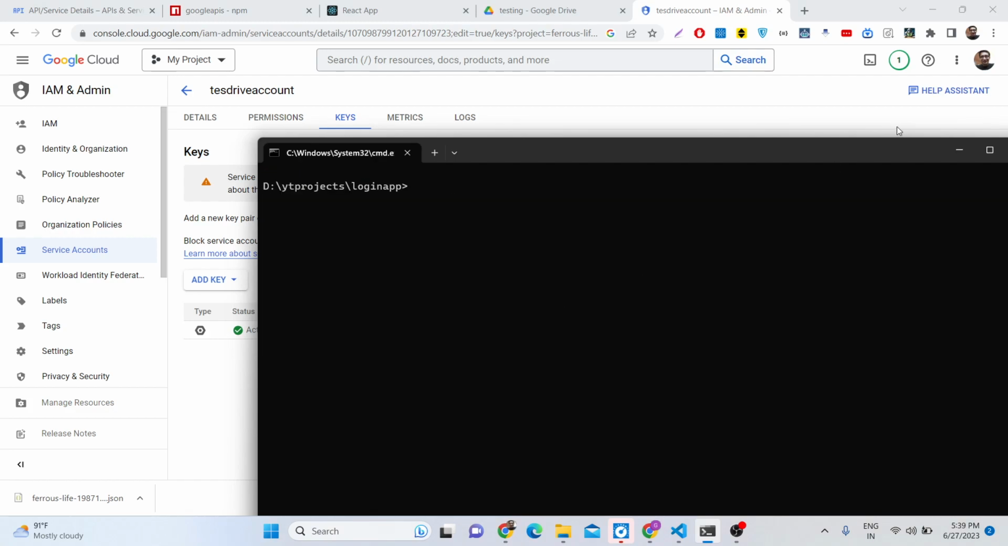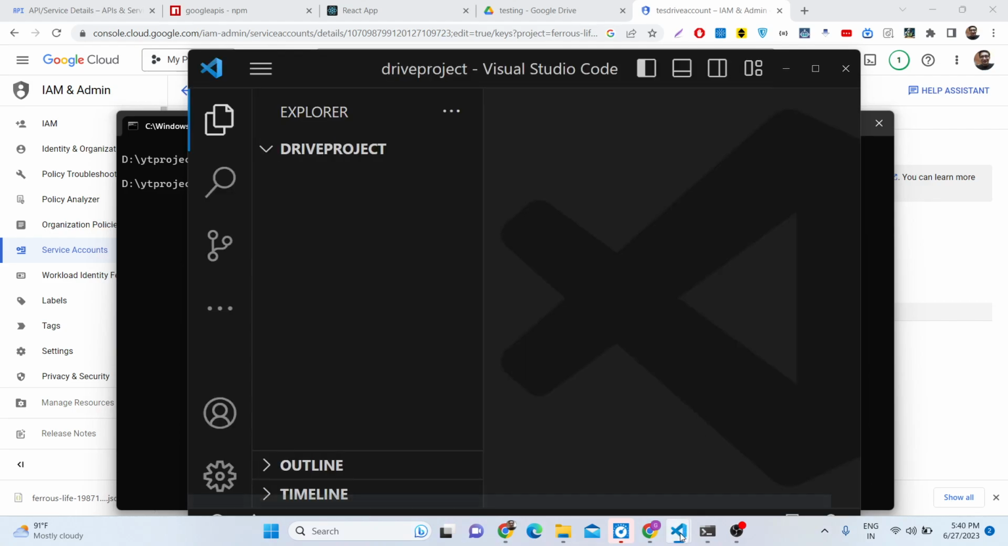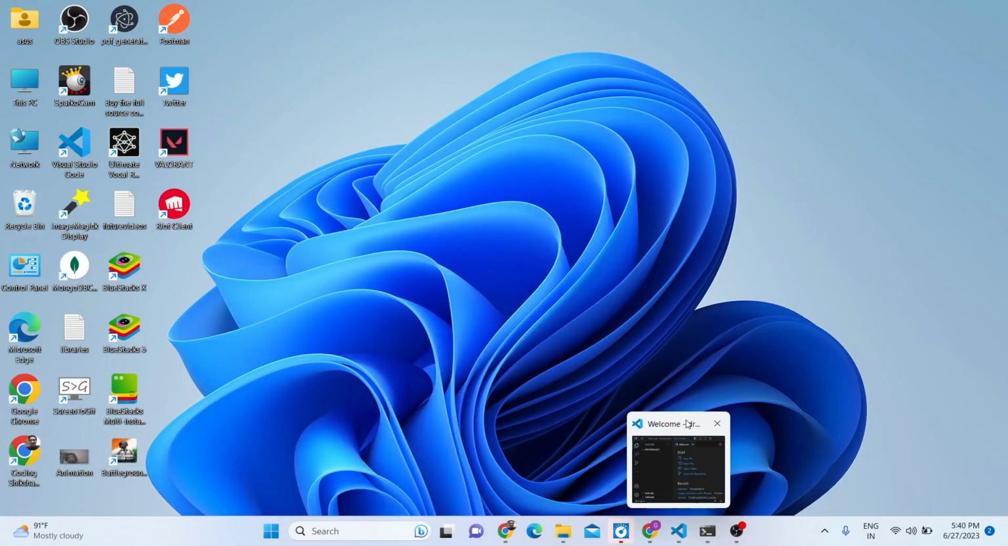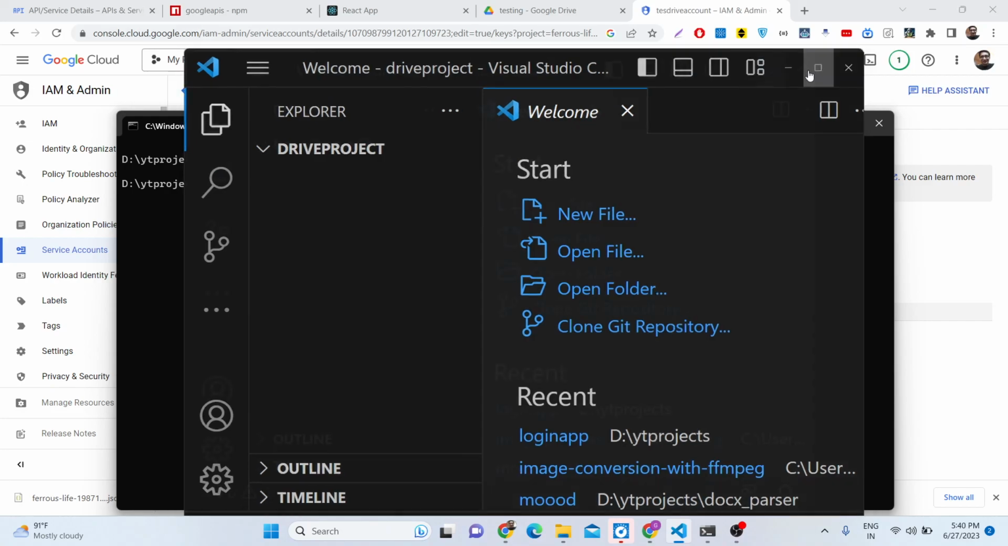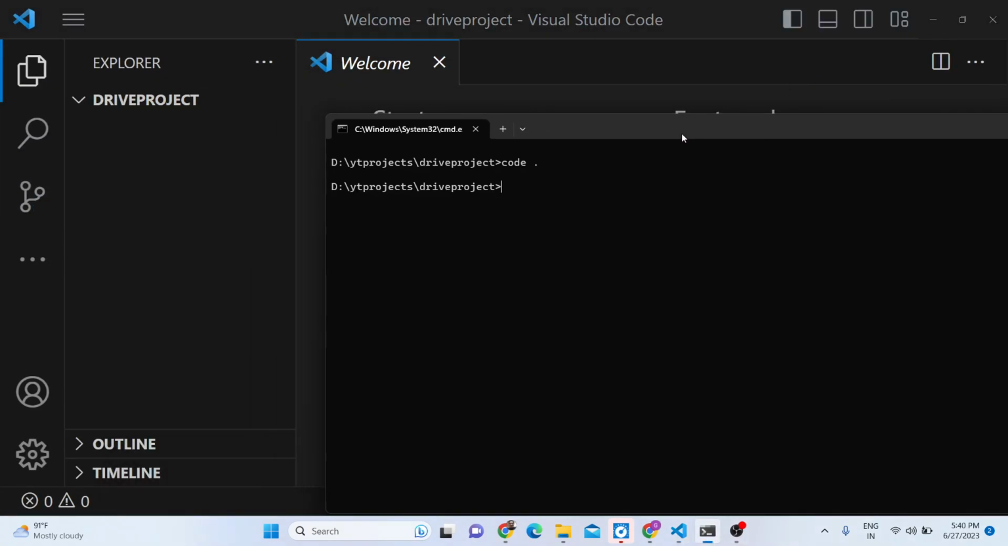So here guys, first of all, we will go into my root directory and make a new drive project. I will cd into this and open this inside Visual Studio Code text editor. So what you will see guys, basically this is drive project, and we will first of all create a directory here which will be a project which will be npx create react app,